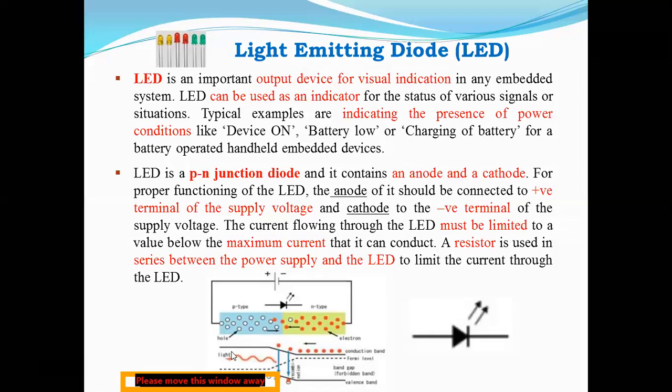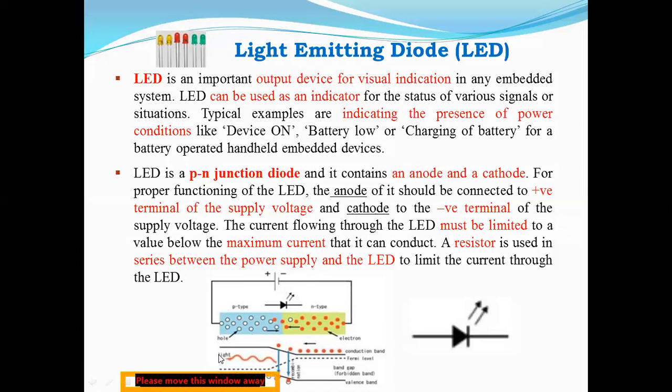So how does it work? You already studied the LED, right? If you see the diagram below, it is made up of a PN semiconductor material. Since it has to emit light, it is not made up of ordinary P and N type semiconductor. Here there are gallium arsenide and arsenic. These are the semiconductor materials which are doped in P and N type.